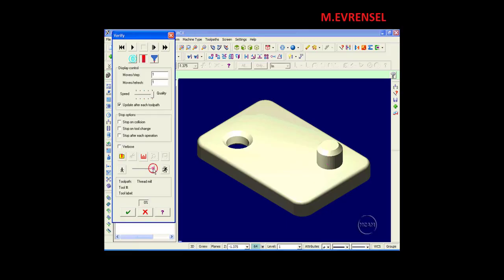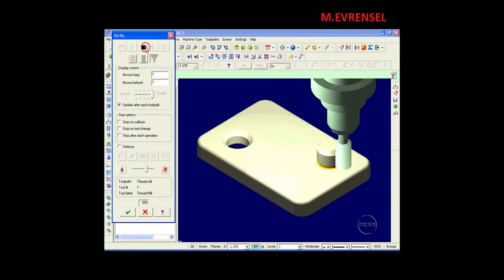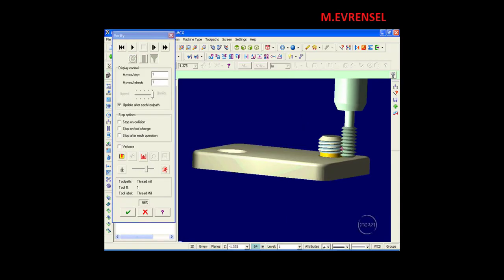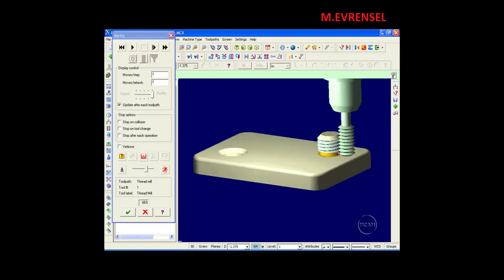We're going to increase the quality. We're going to slow this down. I'll even have it show the tool holder. And let's go ahead and let it cut. Now there is our slot. And we'll stop right here. And you can see how it helixes down